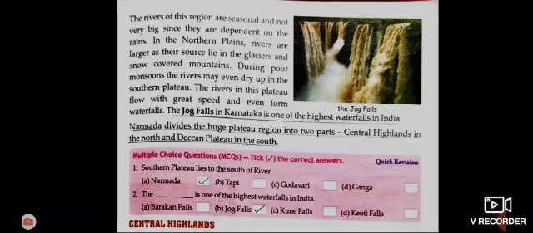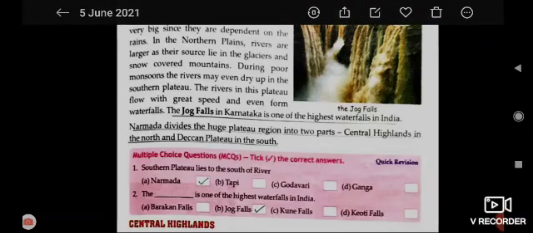In the northern plains, rivers are larger, as their source lies in the glaciers and snow-covered mountains. You have read earlier also that in the northern plains, the rivers are formed through the glaciers and the snow-covered mountains. The water continuously flowing from the glaciers forms the rivers very smoothly.